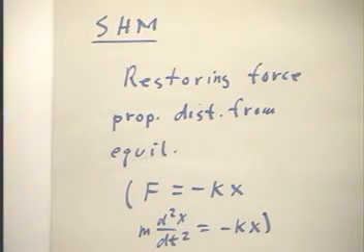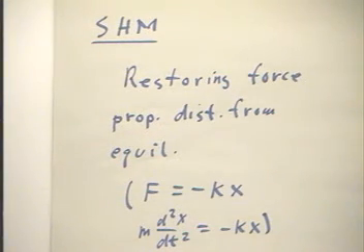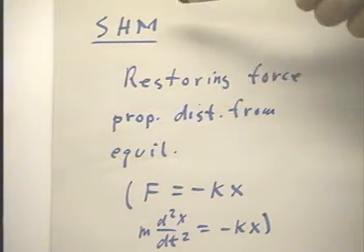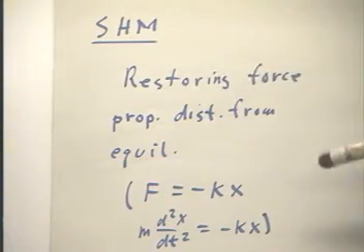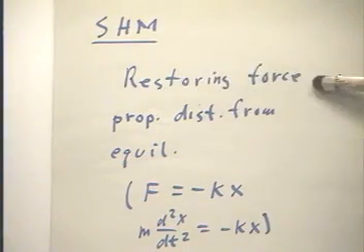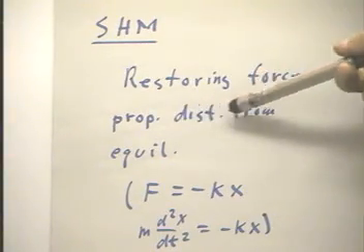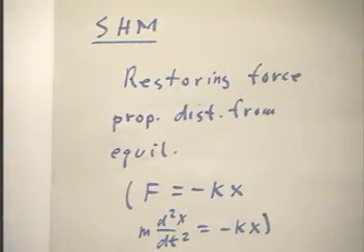Before we go on and see how this corresponds to the reference circle model, let's just recapitulate. Simple harmonic motion is what happens anytime you have a restoring force that's proportional to your distance from equilibrium. A minute ago we saw that the restoring force was negative mg over L times x, your distance from equilibrium. Earlier in the course we saw that